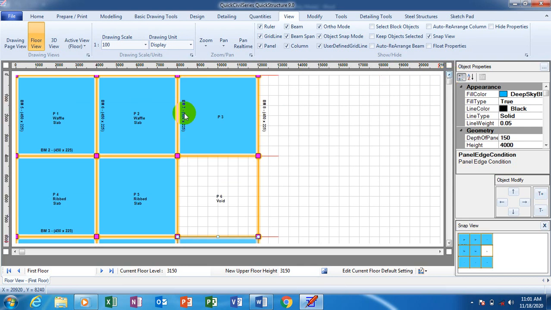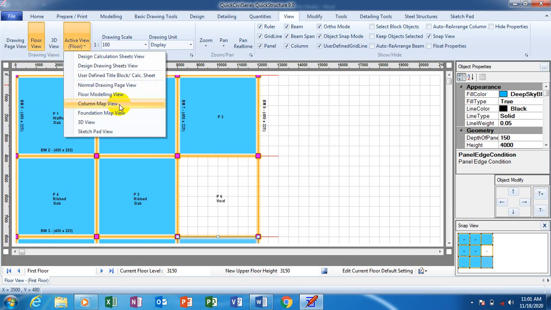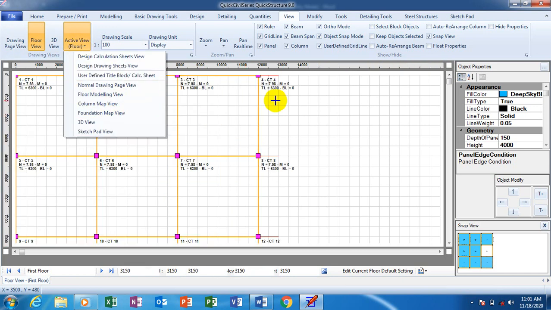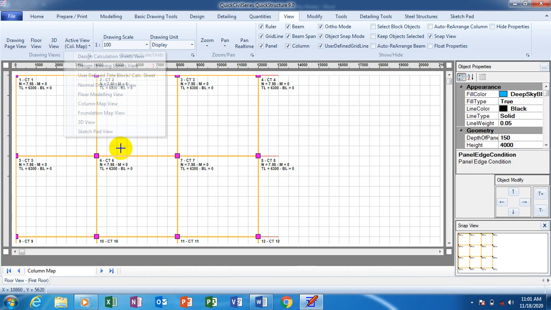Okay, now the next thing I'm going to do here is to view my columns. So I will just come to my active view. If I come to my column map view, you can see these columns that are provided for me, but I can adjust all this portion of my columns. I have done that in my past video